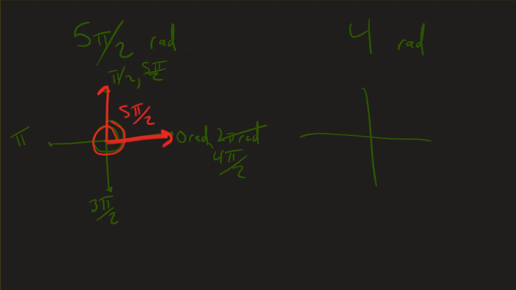Okay, so if it's not in terms of pi, and notice how I did these in terms of pi, you can just think of these as decimals. 0 written as a decimal is still 0. Pi written as a decimal is about 3.14 approximately. And so 4 from here to here is 3.14, so 4 is a little bit more than that. So it's going to look,